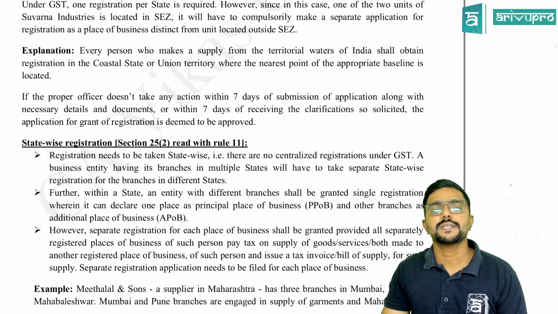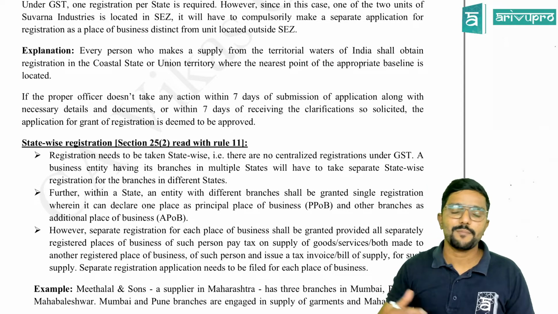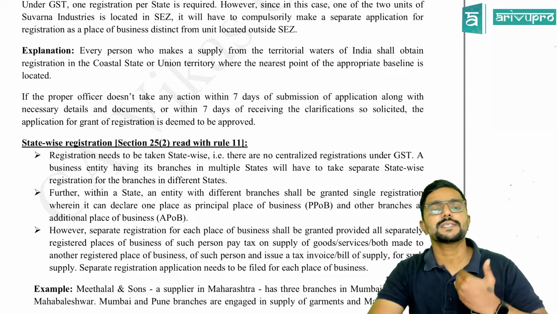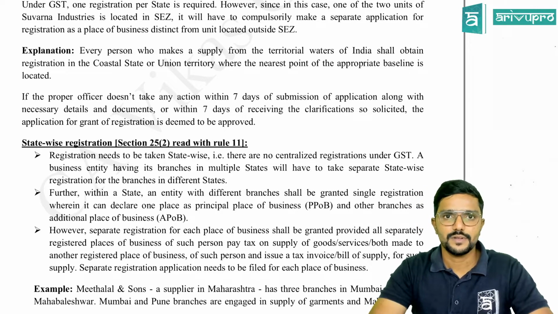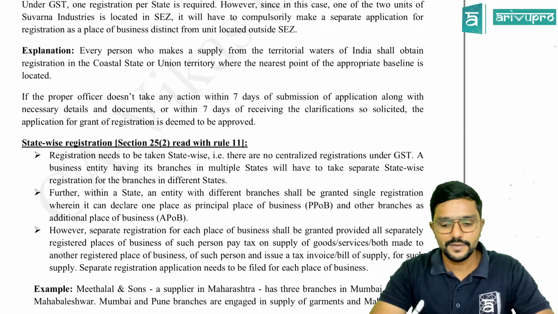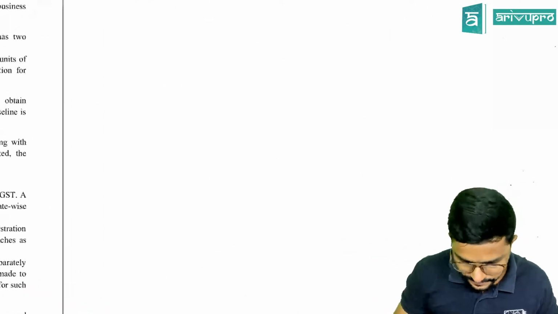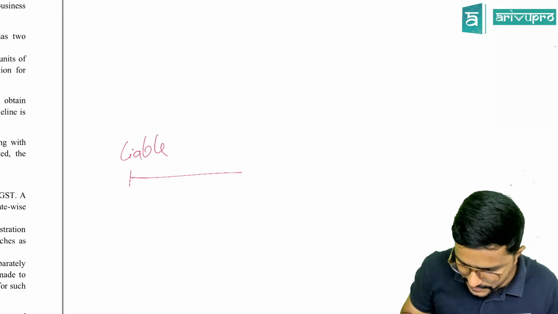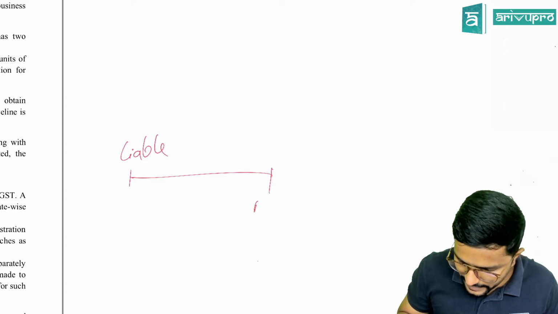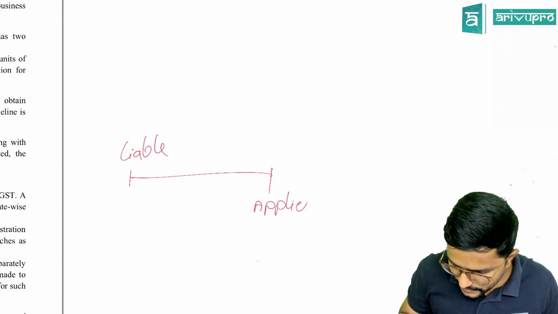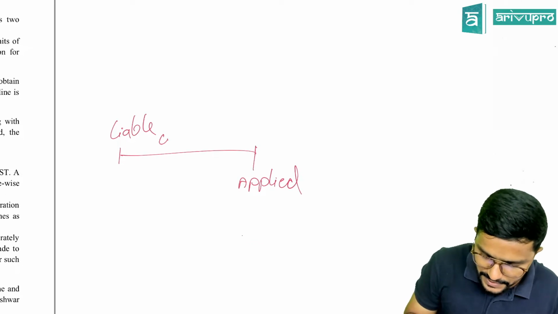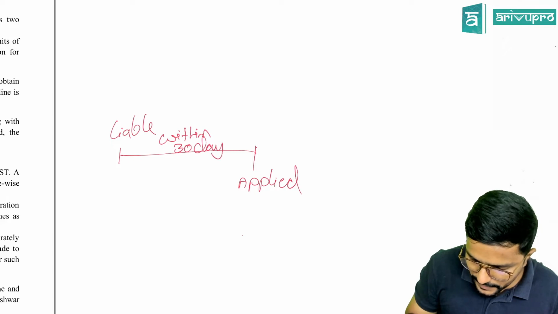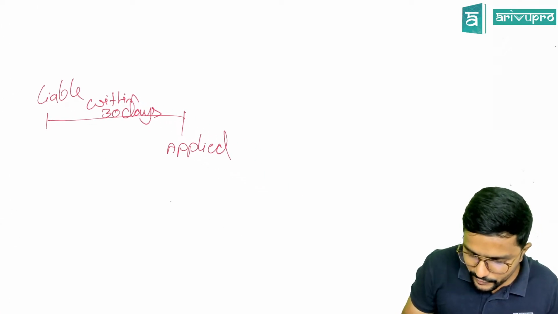If the proper officer doesn't take any action, see, once I apply for a registration, the proper officer has to accept or reject the application within 7 days. Let me just explain that. I was liable for registration on this day. Now I have made an application, within 30 days I need to apply. Once I have applied, within 7 days,